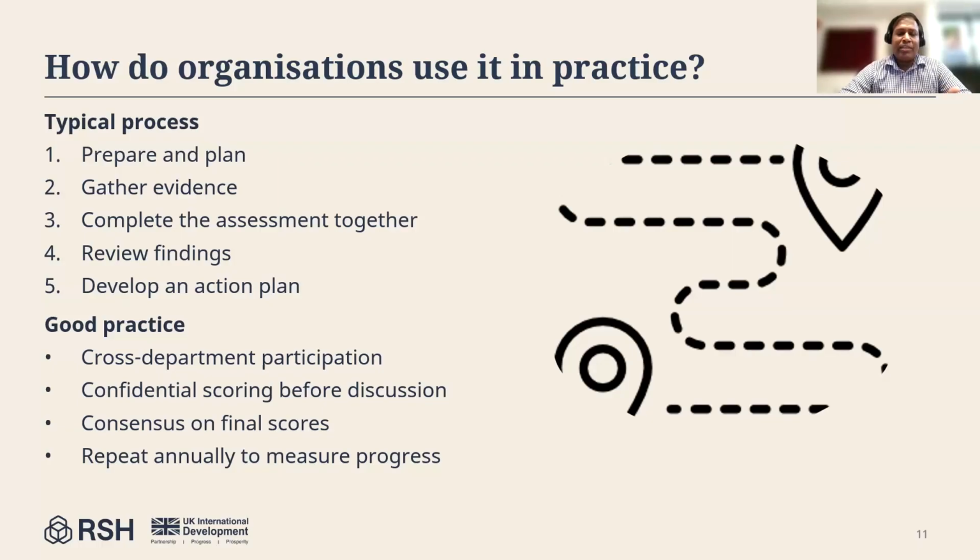So, key findings and benefits. From an organizational perspective, the benefits go well beyond producing a set of scores. The process helps organizations better understand their current safeguarding capacity and identify clear priorities, strengthening policy, systems, and organizational culture. It strengthens accountability by providing an evidence-based picture of current practice. It also builds awareness and confidence among staff, partners, and communities by encouraging open discussion about safeguarding responsibilities.